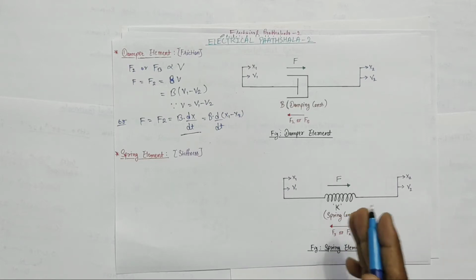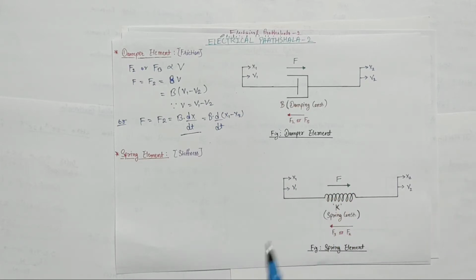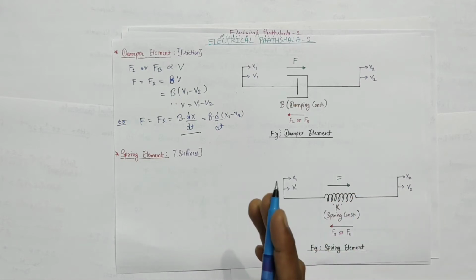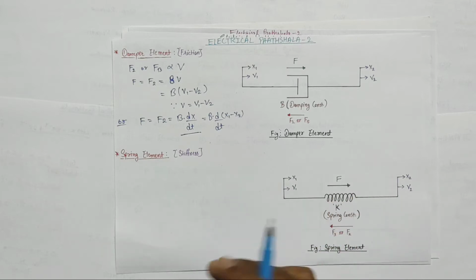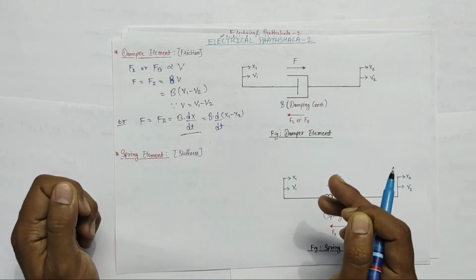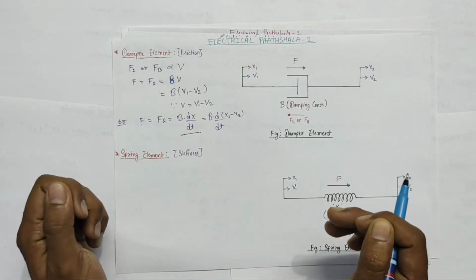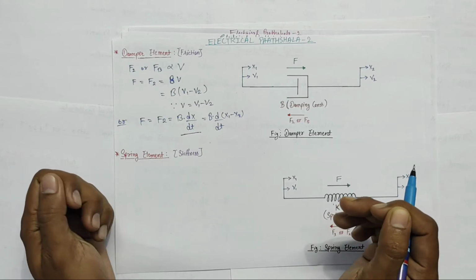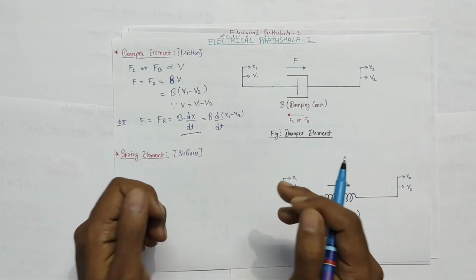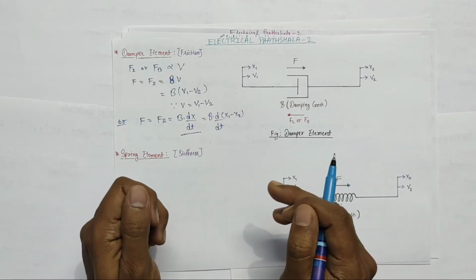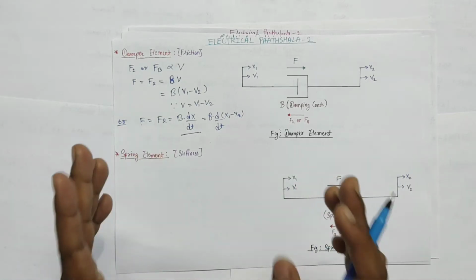And this K shows the stiffness of a particular object. For example, the stiffness of wood is more as compared to the stiffness of rubber, and that's why rubber can be easily stretched or contracted as compared to wood. Suppose we apply an external force on a rubber and try to stretch it. Then due to the stiffness of that rubber, there will be a resistive force which will try to contract it and bring it back to its normal shape. This resisting force is acting in the opposite direction of the externally applied force.